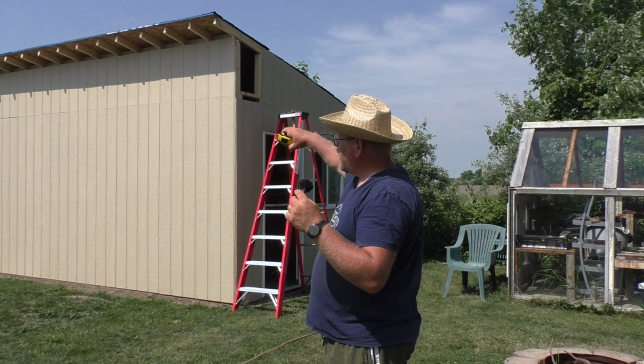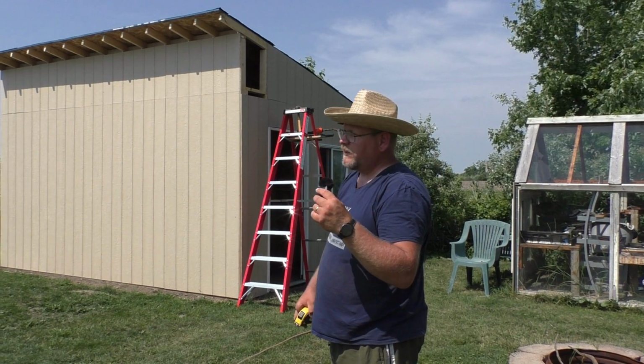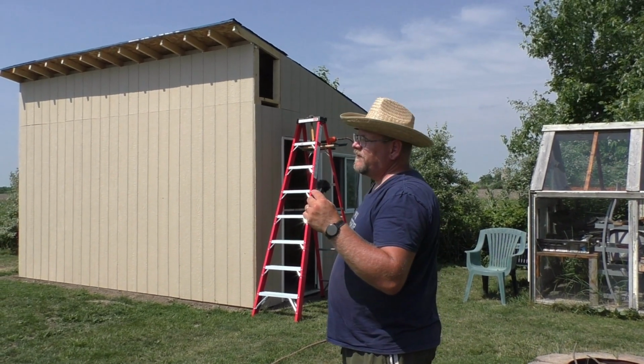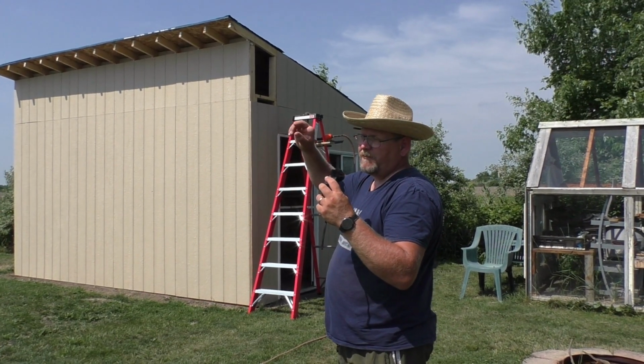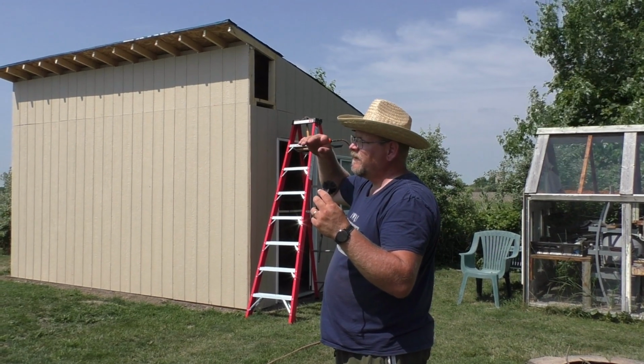That'll be the starting point for the lean roof that'll be going on these eventually as well. So once I get the siding done, actually the last thing I'll be doing is I still have to build out the roof edge a bit on the front and back. When I did the roof,